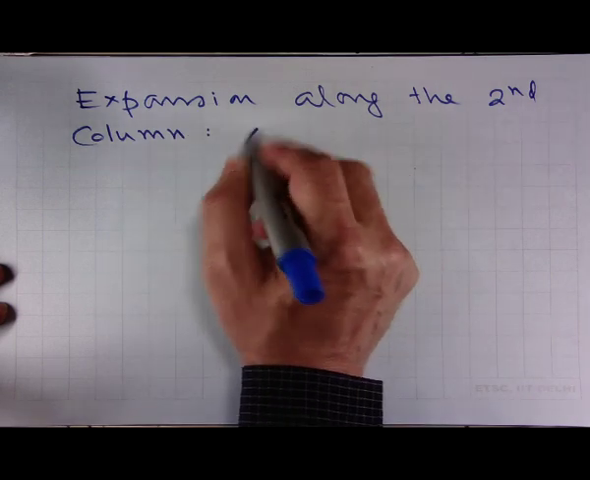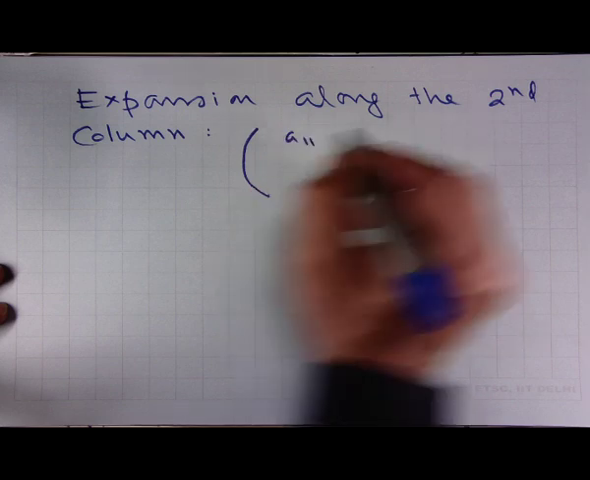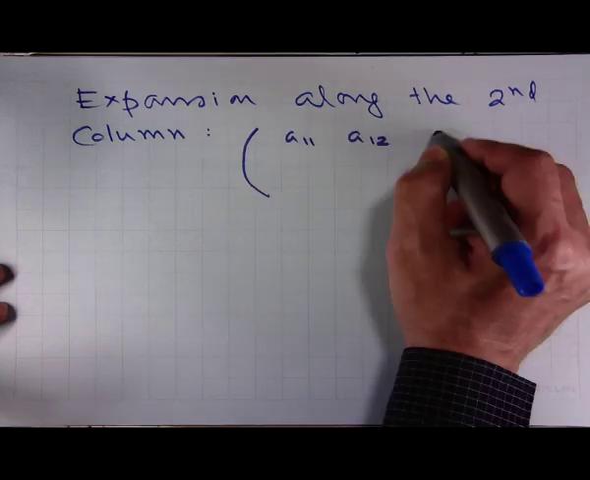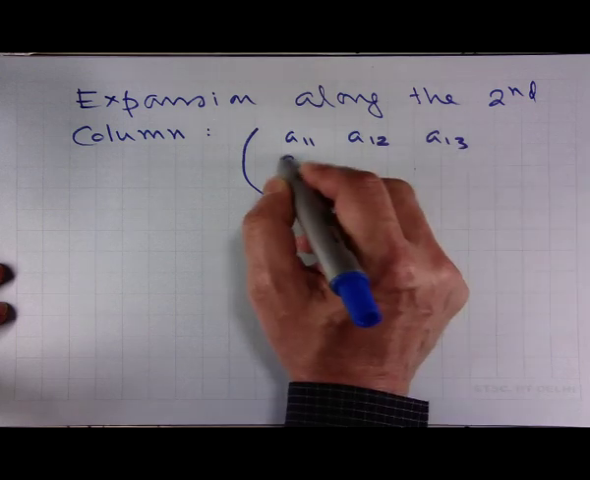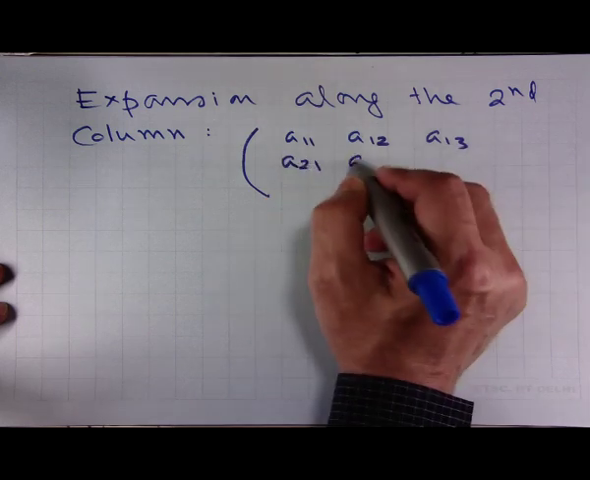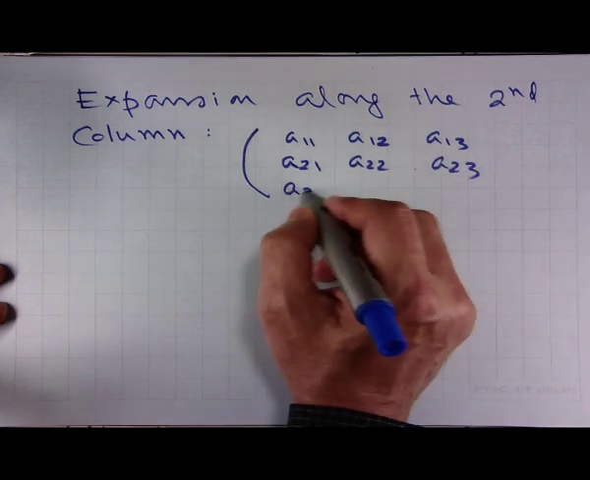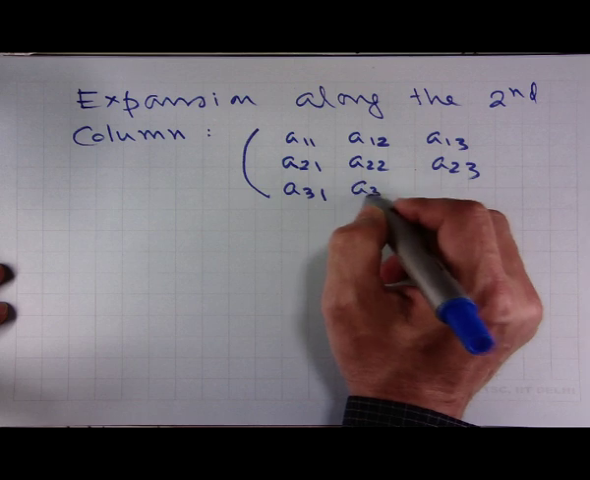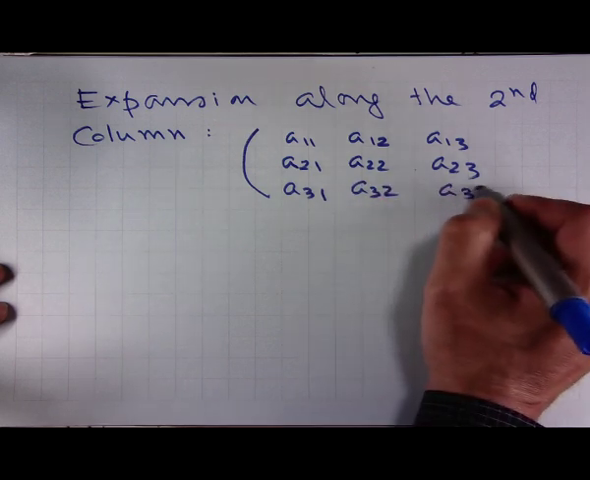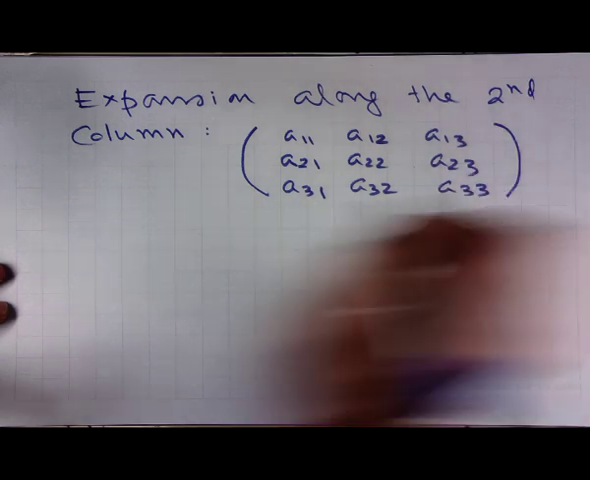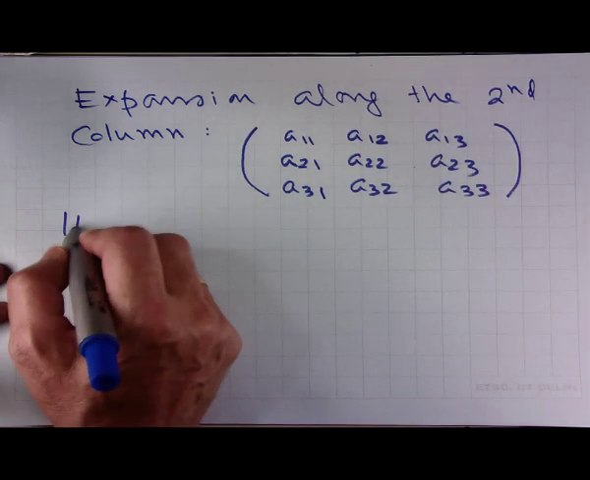We had A11, A12, A13, A21, A22, A23, A31, A32, A33. Therefore, determinant of A